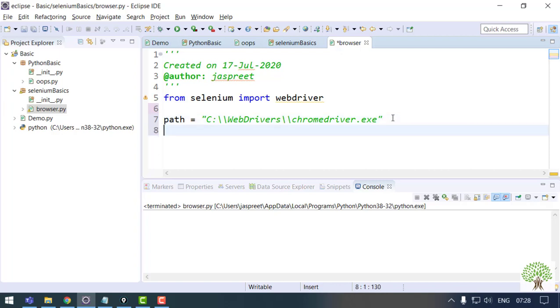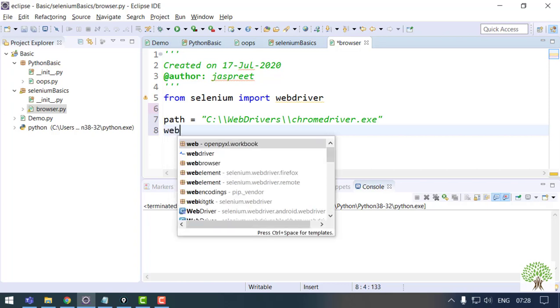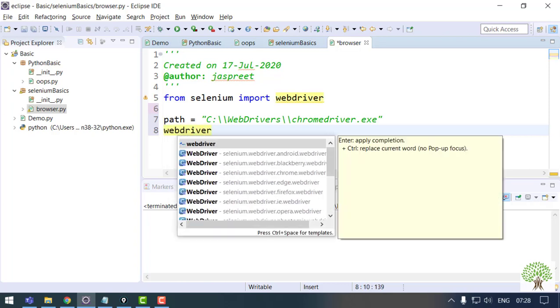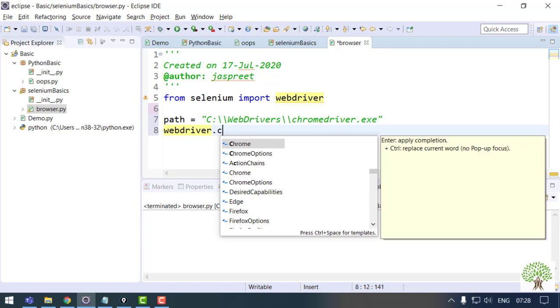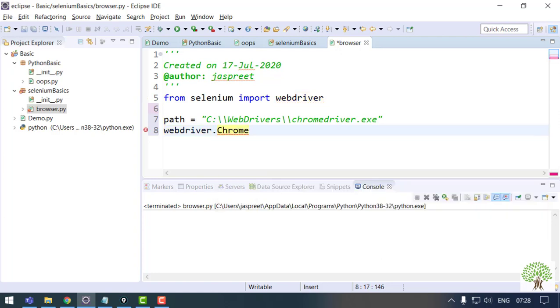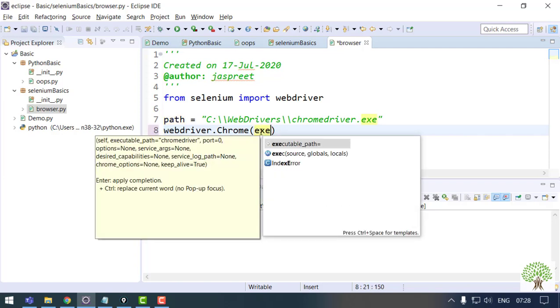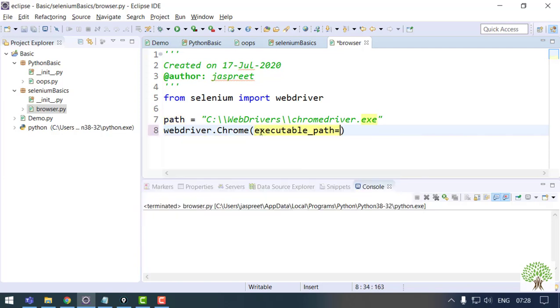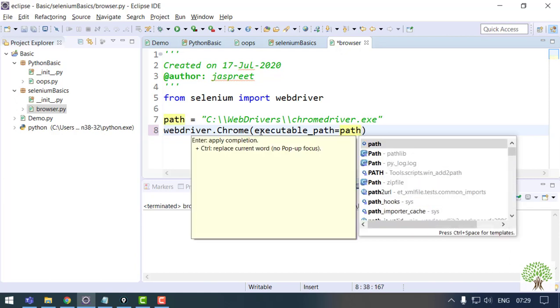And then you need to specify that you are going to open up a browser instance. Which one? The Chrome. And to this particular command, you need to pass the parameter path. Sorry, not this way. There is a predefined variable, executable_path, and you need to pass the path to this variable.